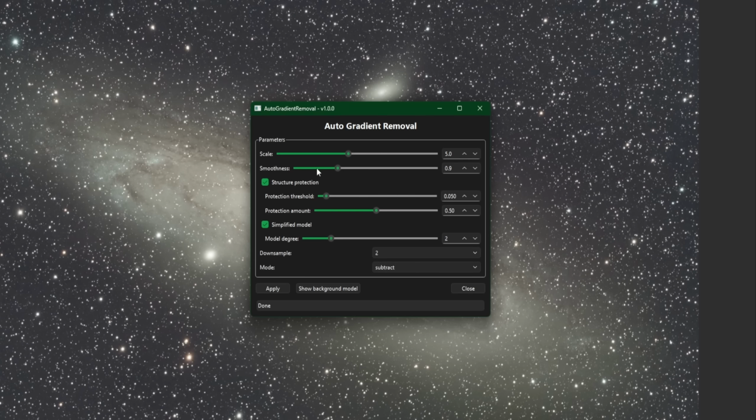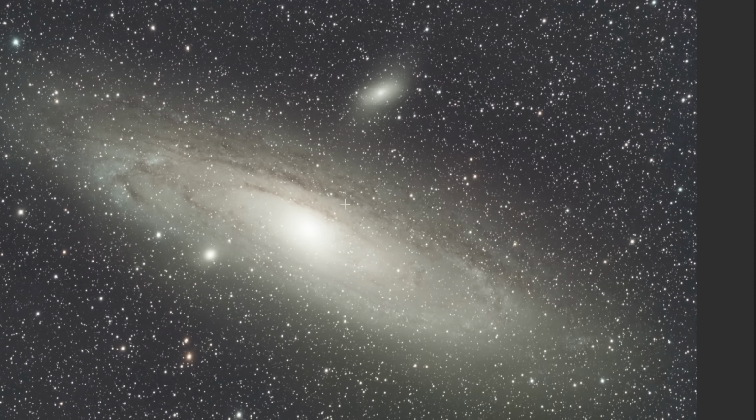So as you run this, you can run this repeatedly, meaning if I wanted to change my scale, for example, from 5 to 6, I could go ahead and do that and just click apply again. I don't need to close the script and undo my last process. I can just play with the settings and keep hitting apply until the image looks the way that I expect it to look. All right, so with that out of the way, let's close the script,